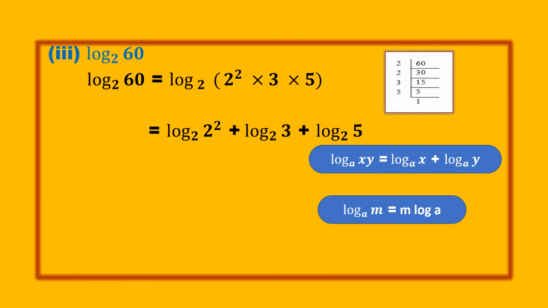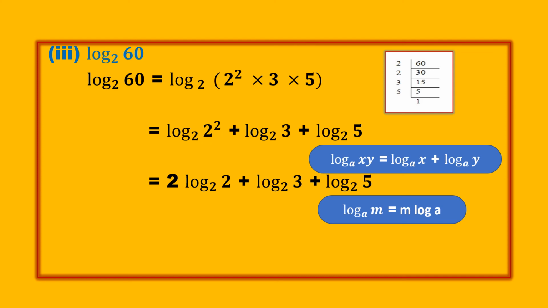Clear? So I can write this log 2 base 2, this one, as now I send this 2 here, so that I can write 2 log 2 base 2, right? So 2 log 2 base 2, this I wrote as it is, because here it is only one power, no need to write this one. If it is like this, you should send this one here.